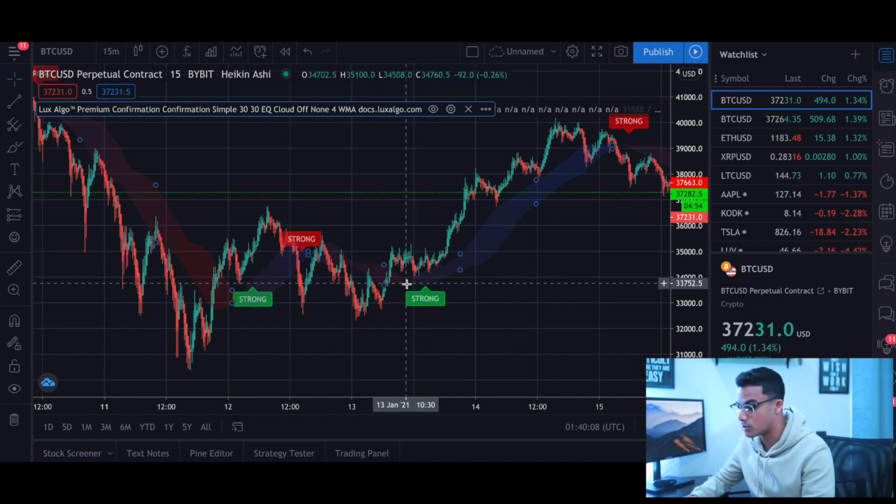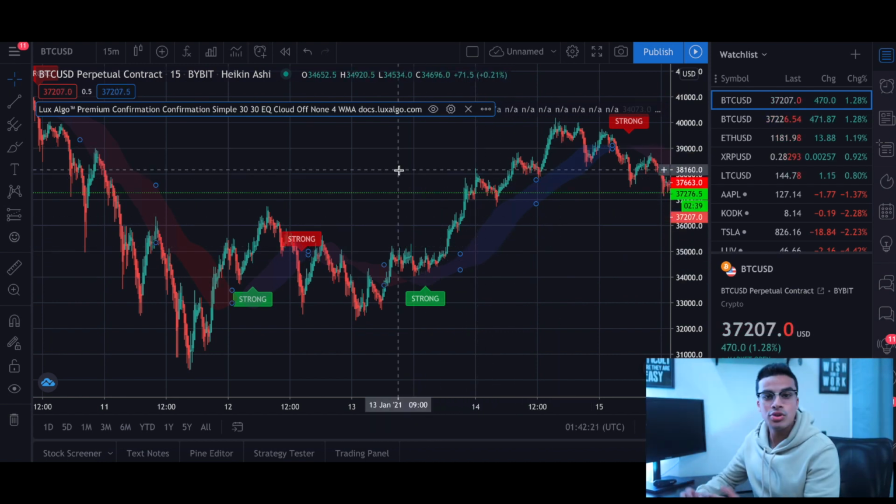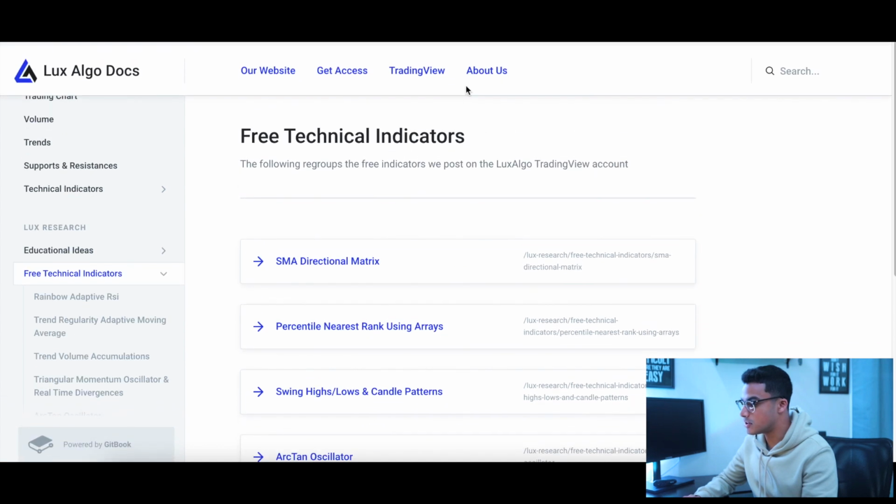So if you were to take a trade over here on a long position, you would have been able to make a decent return. Also, if you guys go to the Lux Algo website, there should be a documentation tab up here,